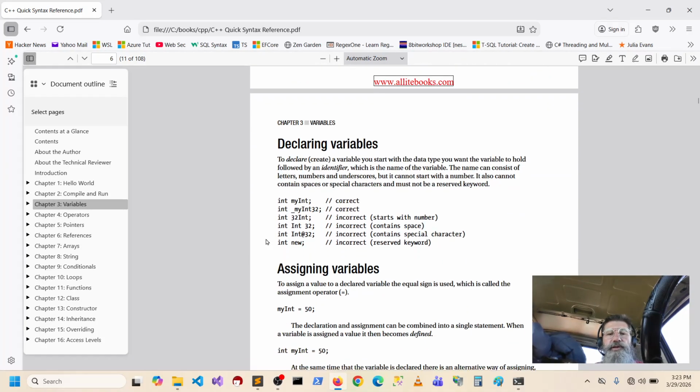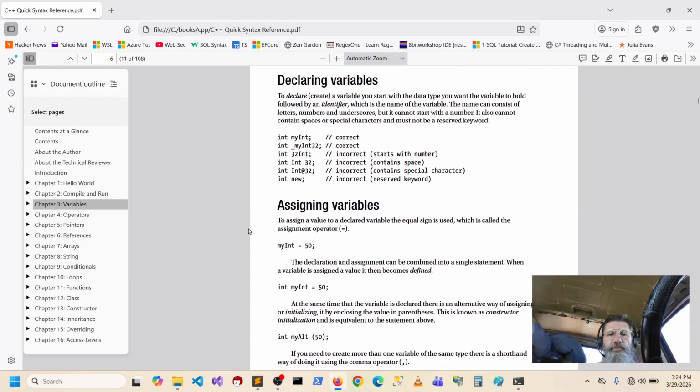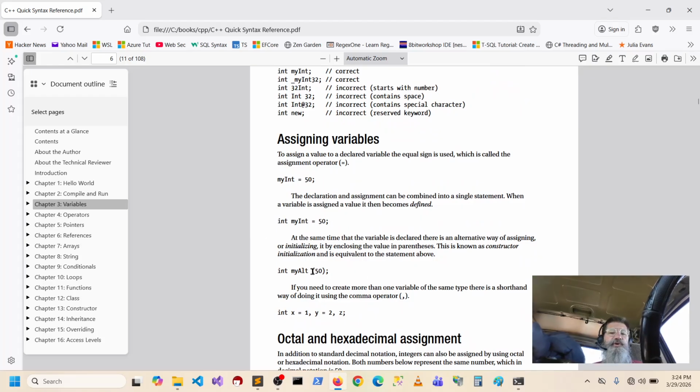Declaring variables. I think we know that. Oh, assigning variables. Okay, this really tripped me up when I first saw this, using the parentheses, 50. I don't know why they even put that kind of stuff in here. Because if you're coming from an object-oriented language like Java or well, I can't speak for Java, but C Sharp, this is gonna look weird because it looks like you're calling a constructor on this, which is really weird.